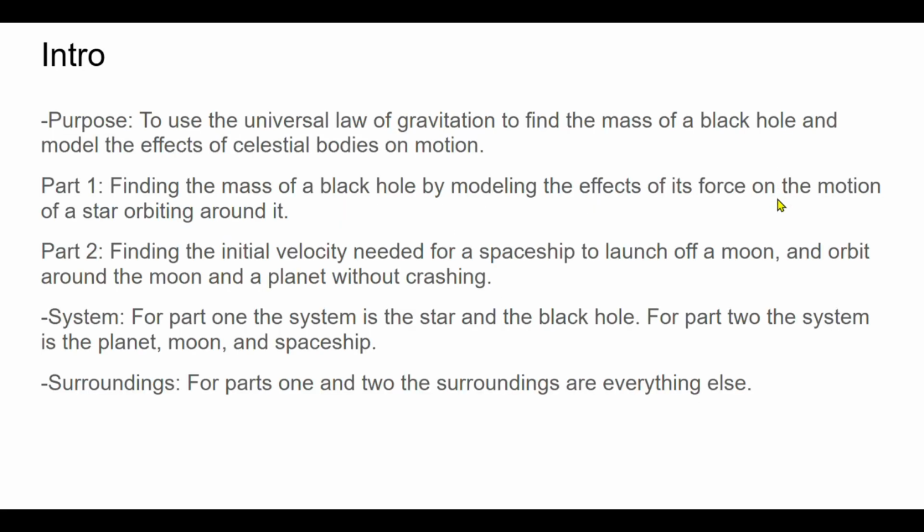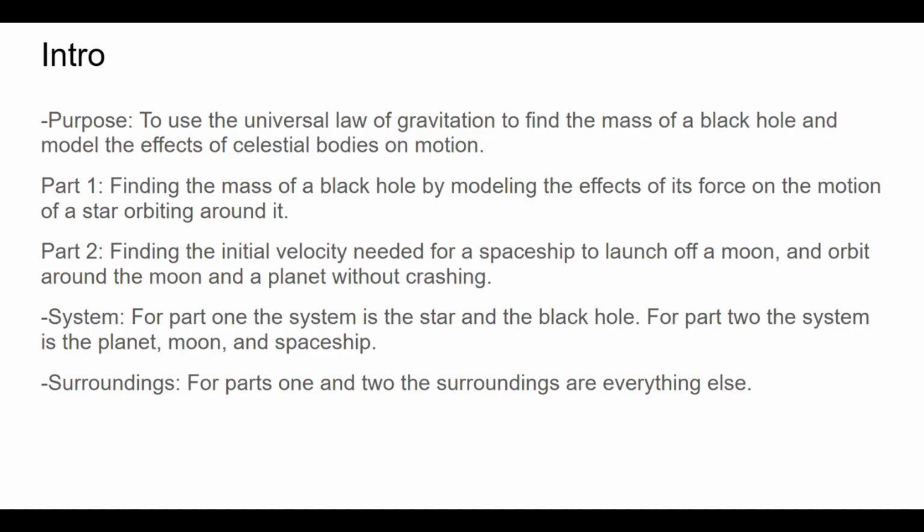As an intro, the purpose of this lab is to use the universal law of gravitation to find the mass of a black hole and to model the effects of celestial bodies on motion. In part 1 of this lab, we'll be finding the mass of a black hole by modeling the effects of its force on the motion of a star orbiting around it, and in part 2, we'll be finding the initial velocity needed for a spaceship to launch off of a moon and orbit around the moon and a planet in